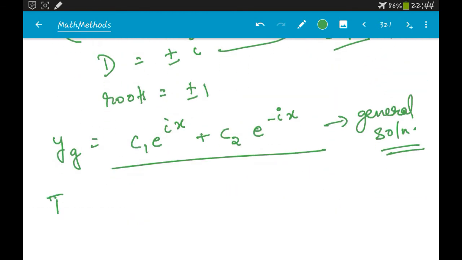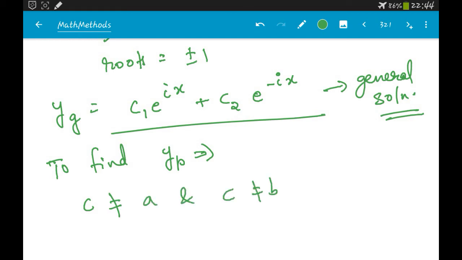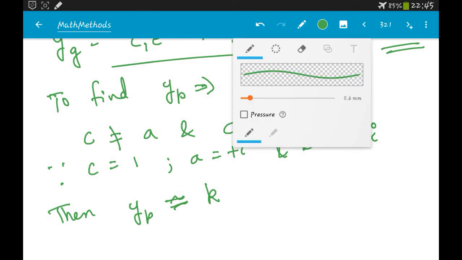So now to find yp, we can see that c is not equal to a and c is not equal to b, because c is 1, a is plus i and b is minus i. So if this is the case, then yp will be of the form